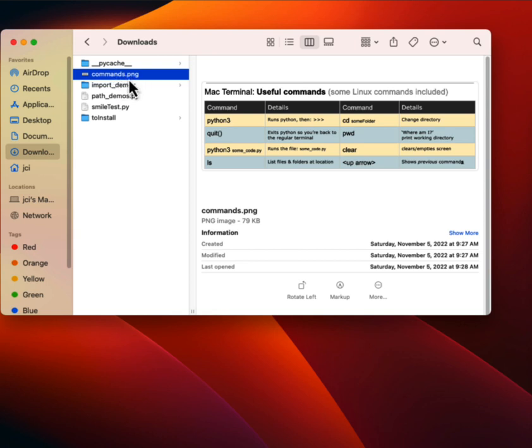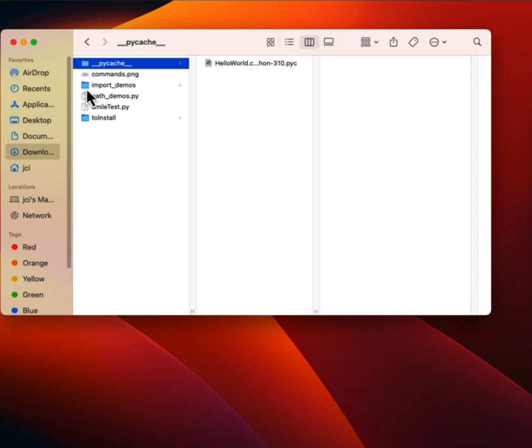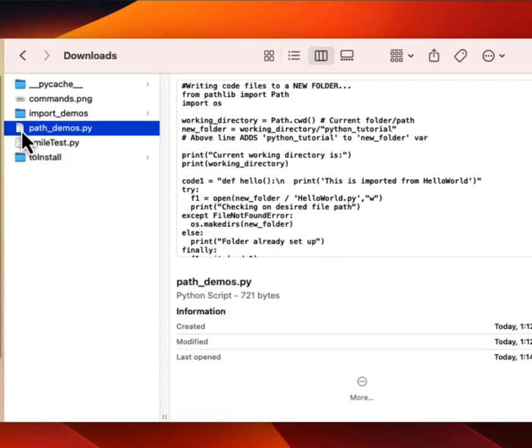Previously we've looked at the commands file that had some useful commands for Python from the command line, and we also had this little smile code to download and test and run locally, so we've used that before. And there are a couple folders already created, PyCache and import demos for other things I've got going on, as well as to install. But the one that we're really going to take a look at today is this code